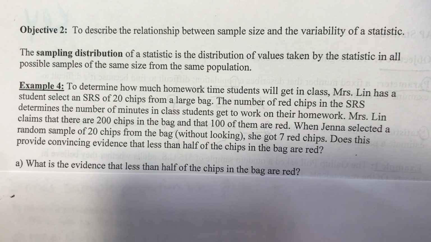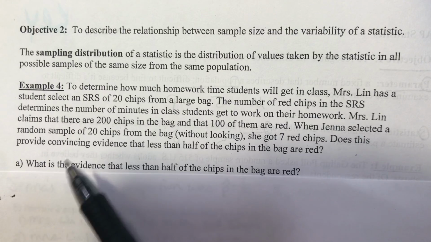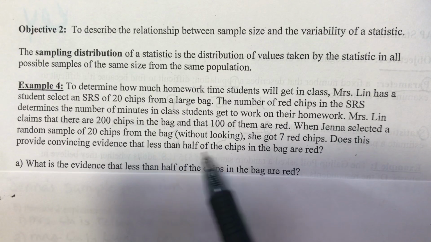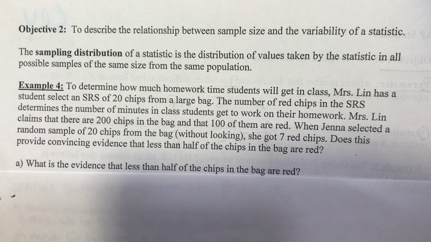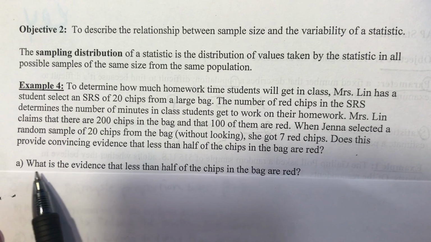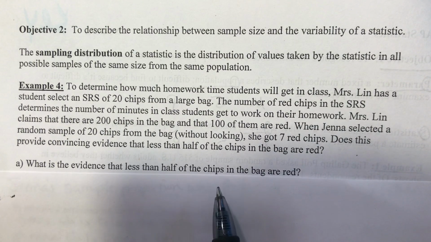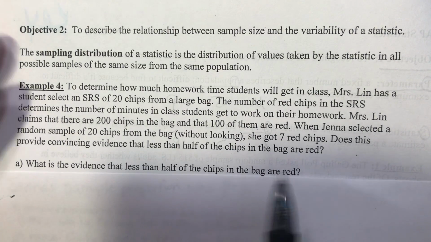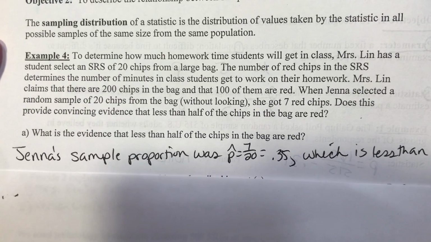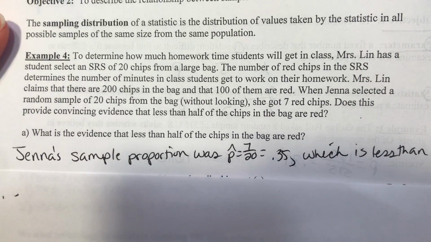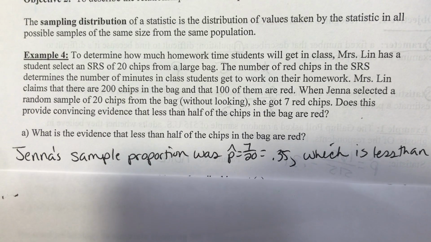But she got 7. So does this provide convincing evidence that actually less than half of the chips in the bag are red? Or is it just a coincidence that she got the 7? So first, what is the evidence that less than half of the chips in the bag are red? Okay, so the evidence is Jenna's sample proportion was p hat equals 7 out of 20, which is 0.35,